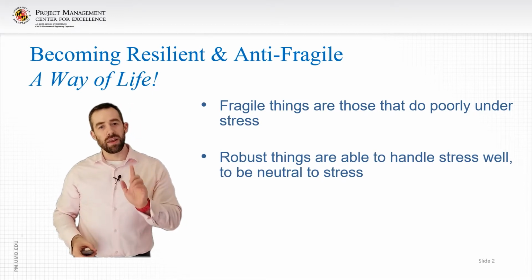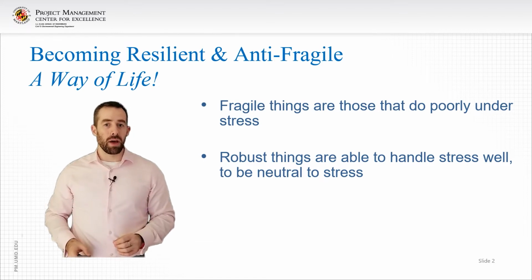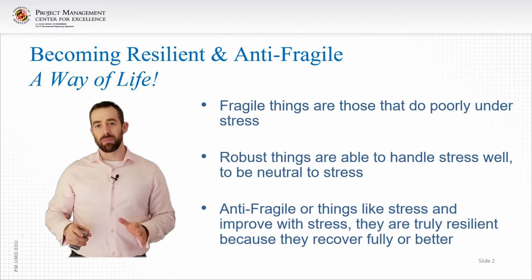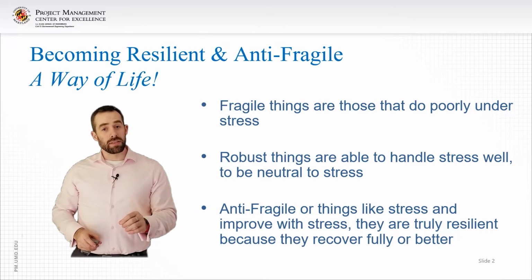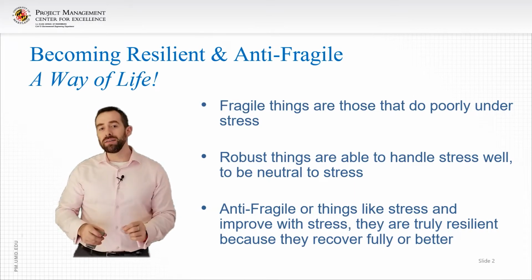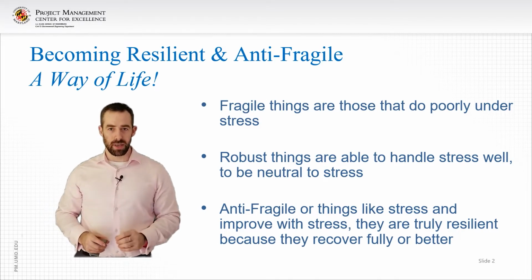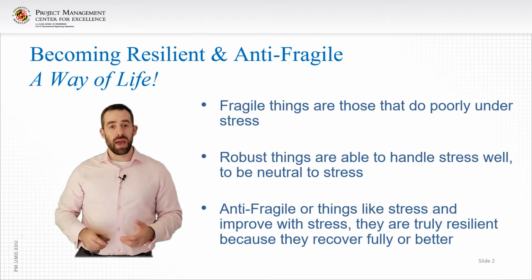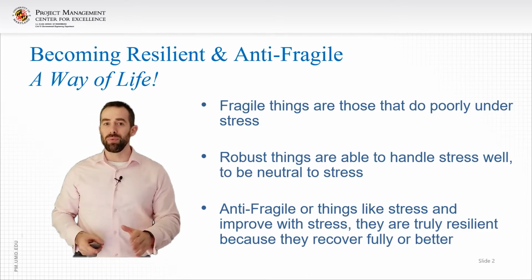But there is another part to the spectrum that was identified by Nassim Nicholas Taleb called anti-fragility. And this was made really popular in his book, The Black Swan. And anti-fragility says that there are things which actually do better under stress. They improve. And because they improve under stress, we can call those things truly resilient. And that's what we want to go for when it comes to our systems and our designs, because things will be stressed and we will experience change.